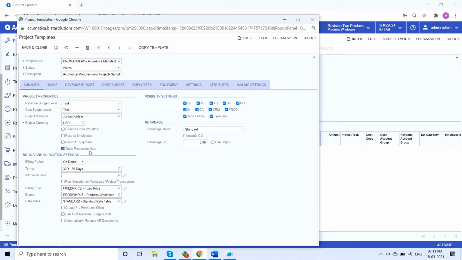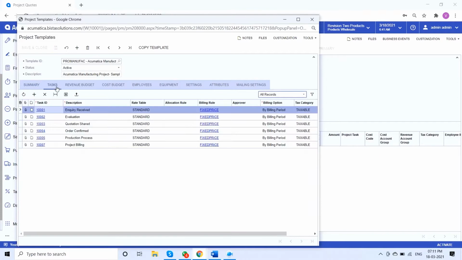Then I'll check track production data so that my project will capture all the details from the production.